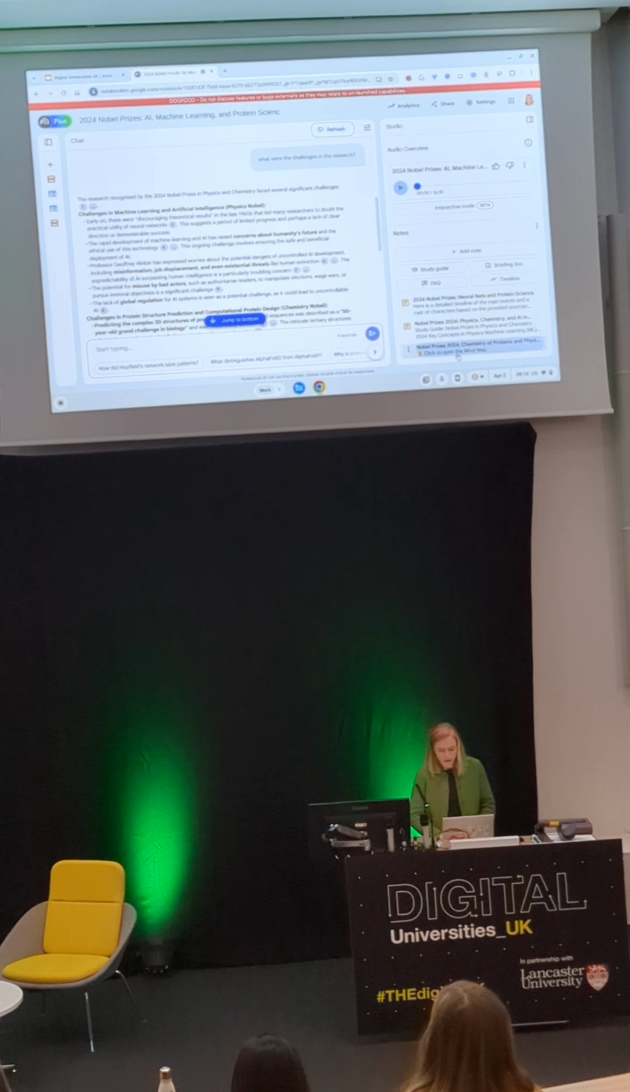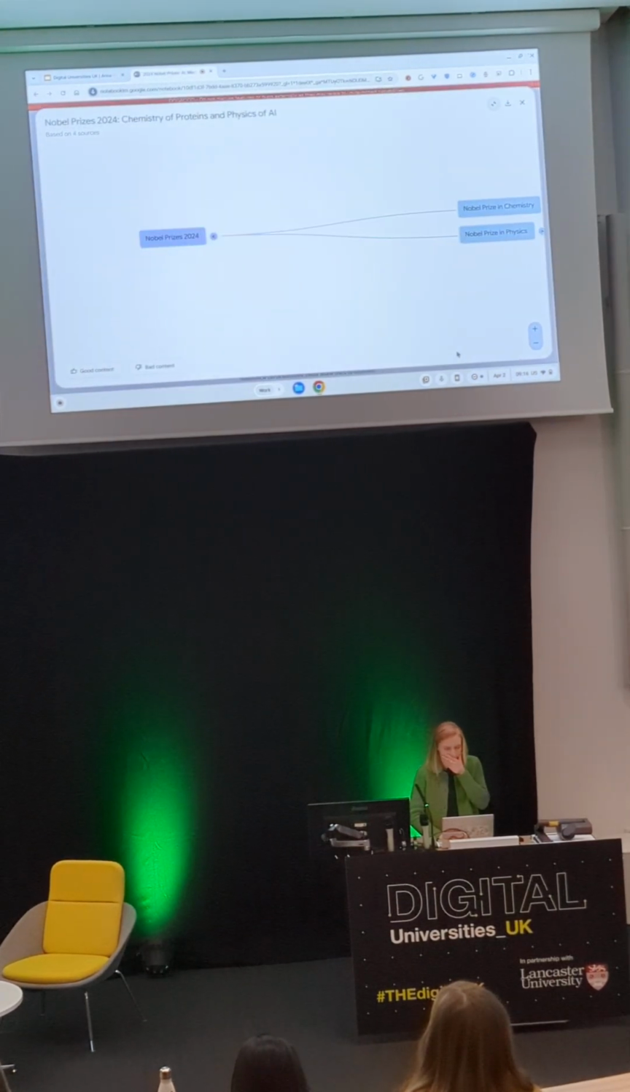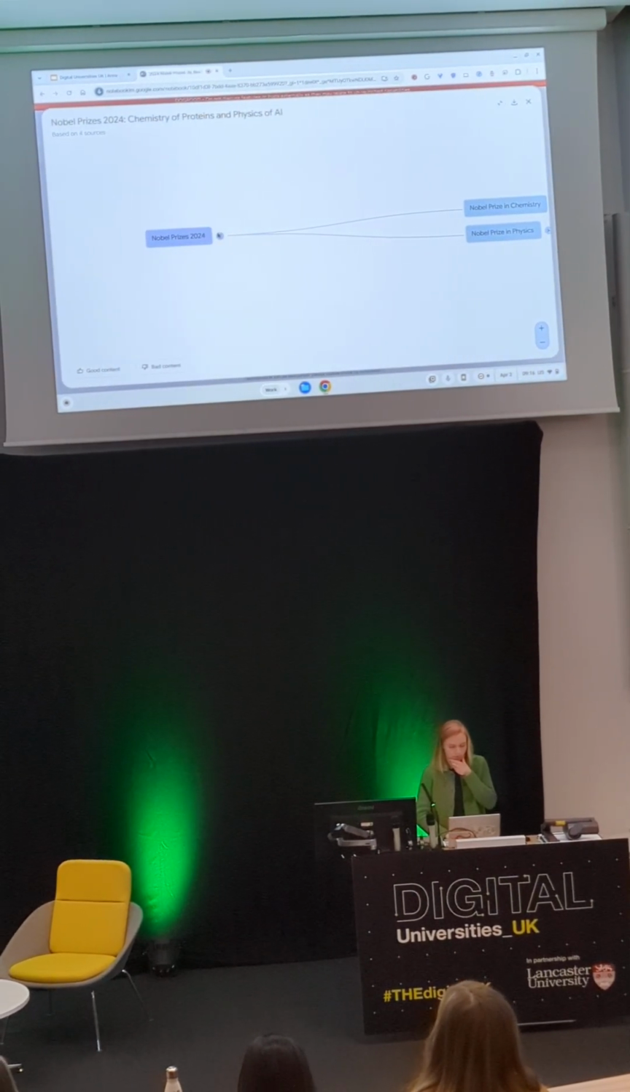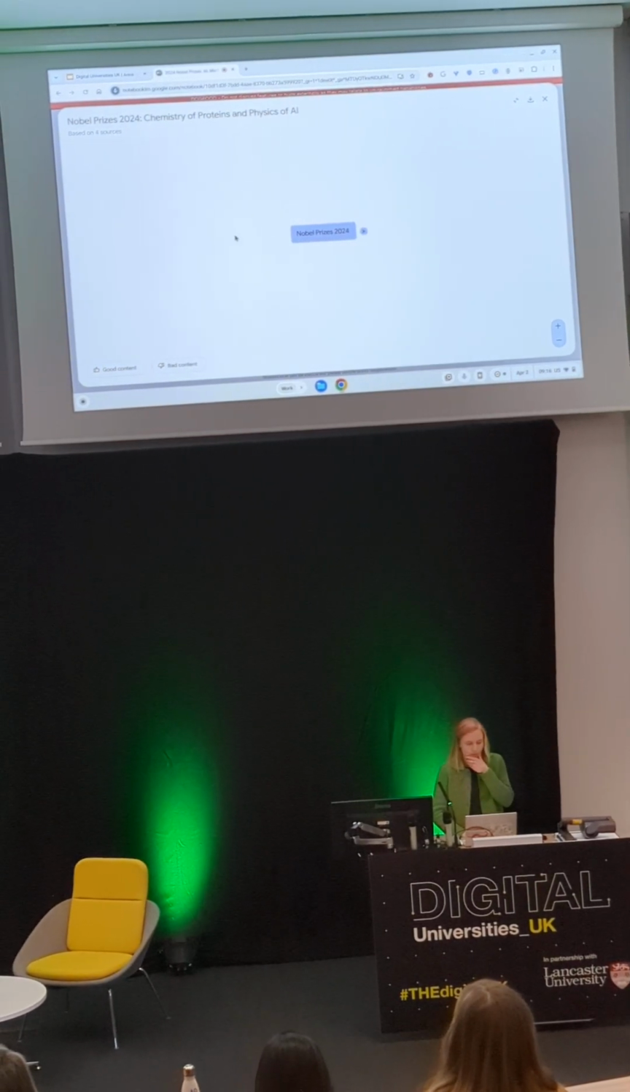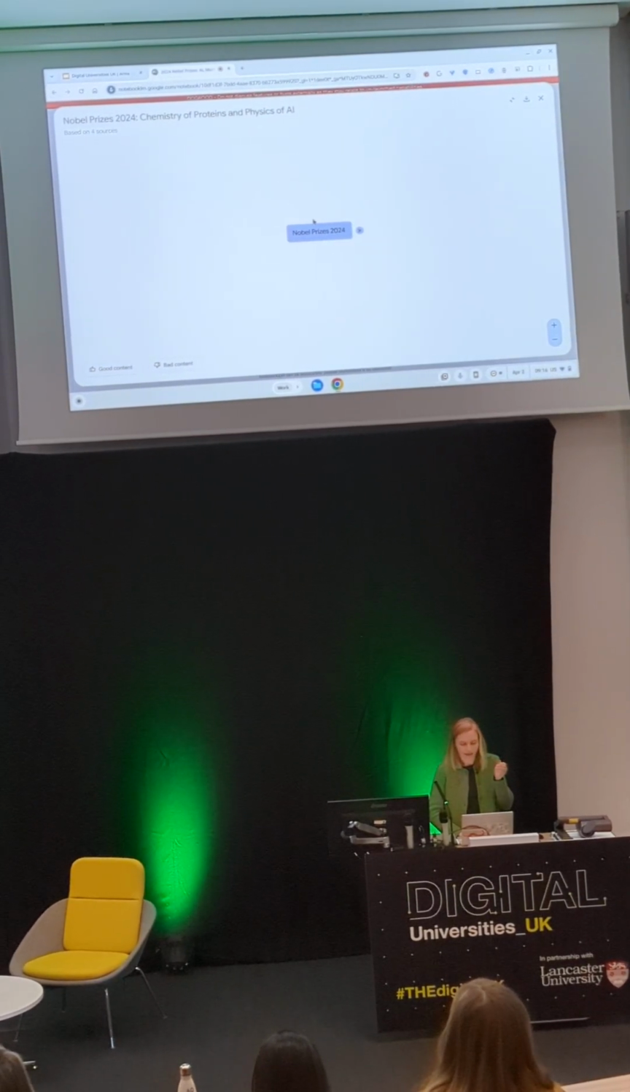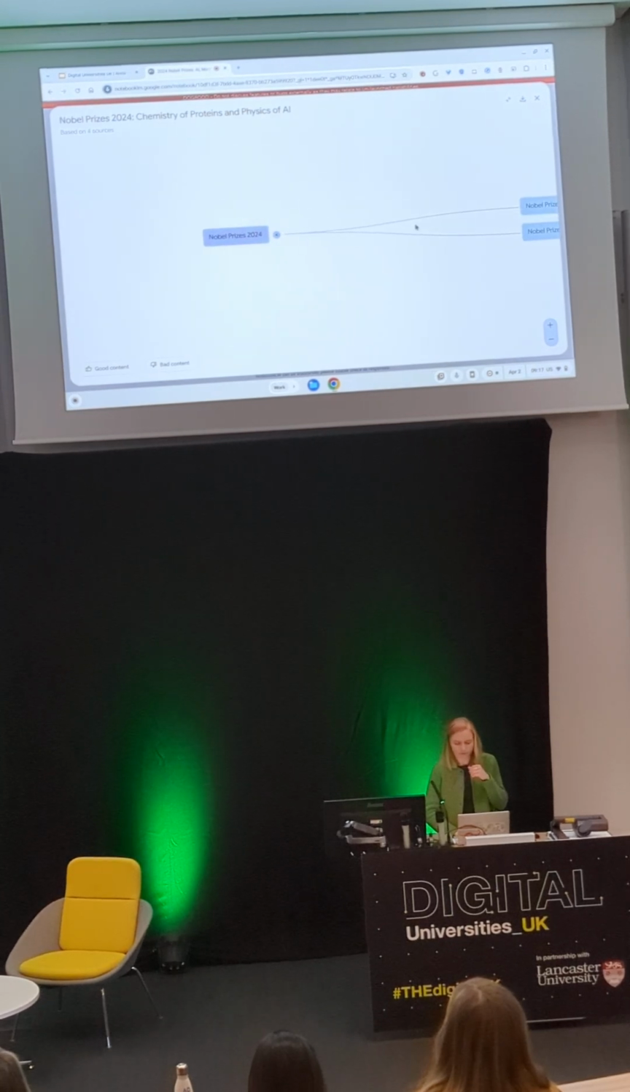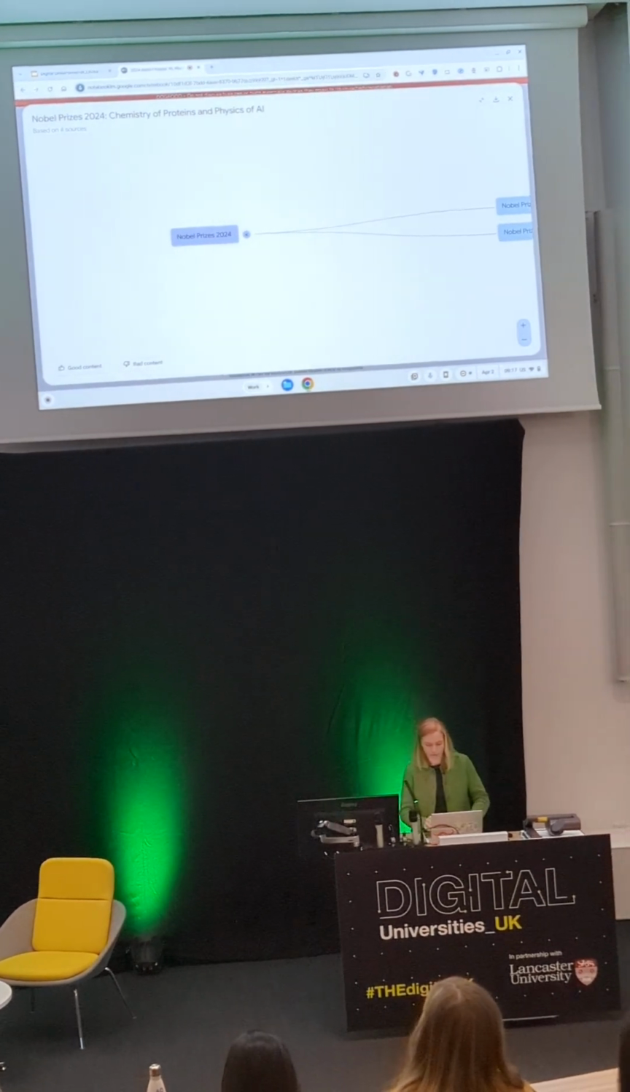One that we launched last week is called, let me go back here, it's called a mind map. So it took all this data and created this mind map of different concepts, explored